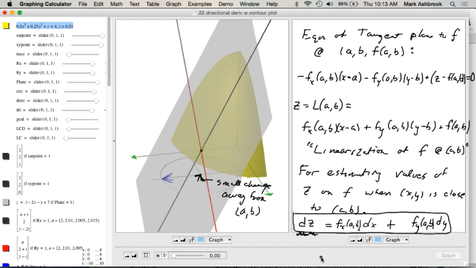Because this is staying on the plane, right? This is a change in z according to the linearization, the plane. Why? Because dz equals rate times dx is a constant rate of change. Planar. So is dz equals rate times dy. That's a constant rate of change, meaning staying on the plane. If dx and dy are small enough, staying on the plane is essentially the same as being on the gold surface. Okay, very good. So we'll pick up